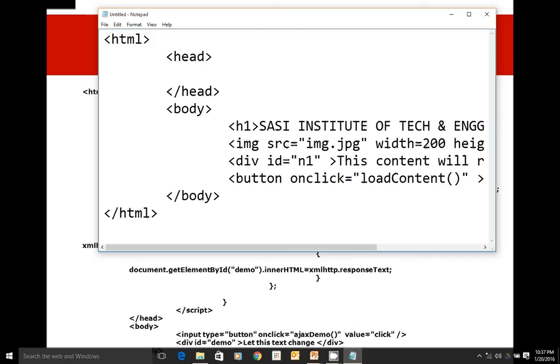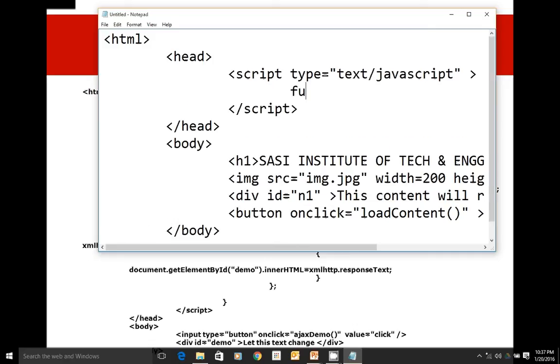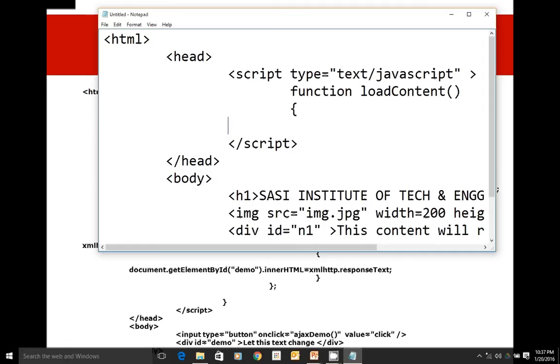Let's write this function. Script type equal to text/javascript, function loadContent.